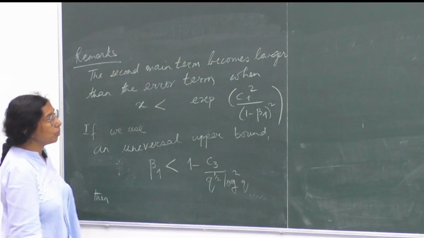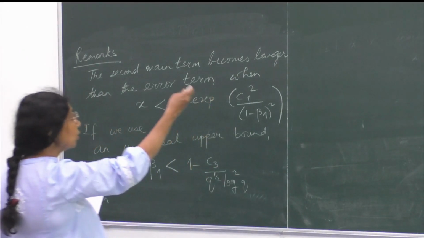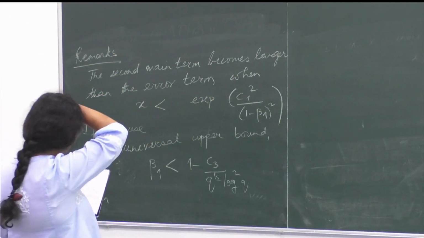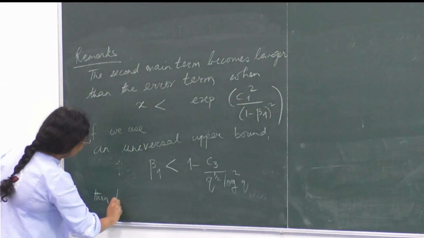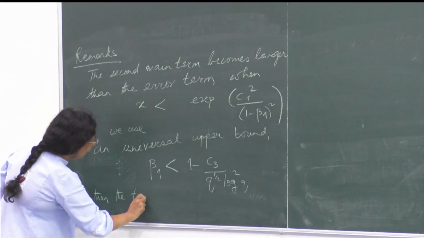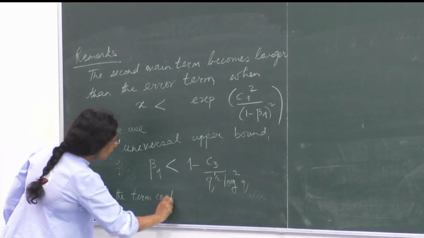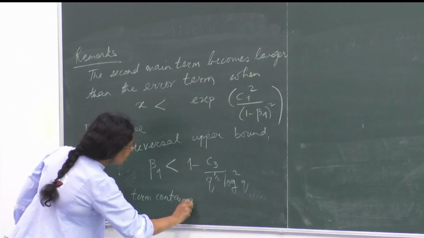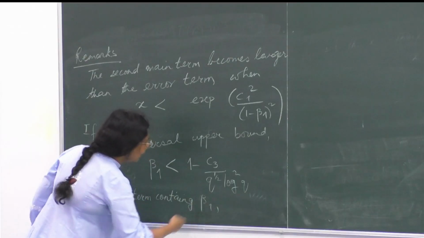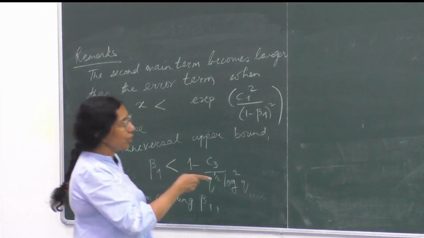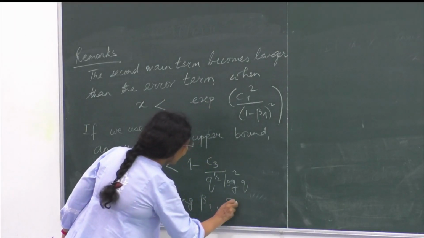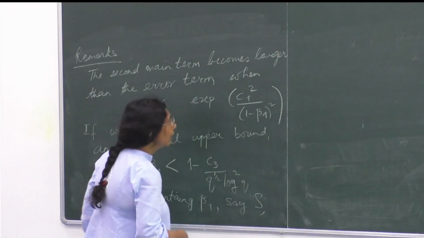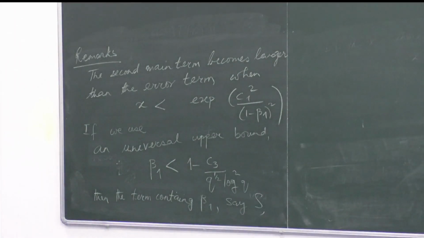You have a t, you remember? There is a t in this story where the contour integration is taking place. The term t, just let's call it the term. Then the term containing beta 1, okay, in this expression, there's a term containing beta 1, say S. What happens to it? This is my term containing S, and this S